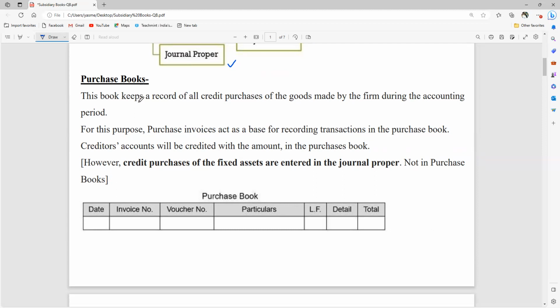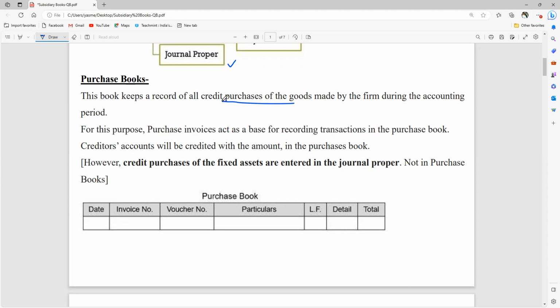Purchase book. This book keeps a record of all the credit purchases of the goods. Here it is specifically mentioned that all the credit purchases which we have made, that is, business goods which we have purchased, whether it's a manufacturing firm or a trading firm, if we have purchased the goods for the purpose of converting them into a final product and selling it in a market, or we have purchased the goods to sell them in a market,